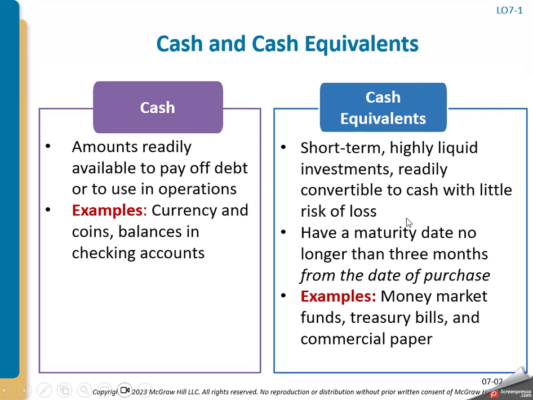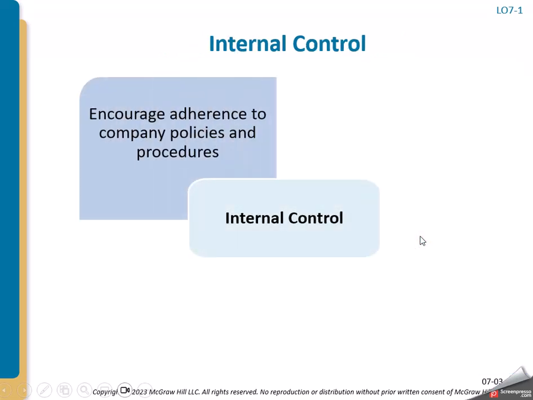Well, that goes into cash equivalents. So also in our cash equivalents, those are where like those money market funds are. Treasury bills, notice though what we have in the bullet point there, as long as it's no more than 3 months out. And then commercial paper, which would be like a bank type of an investment.